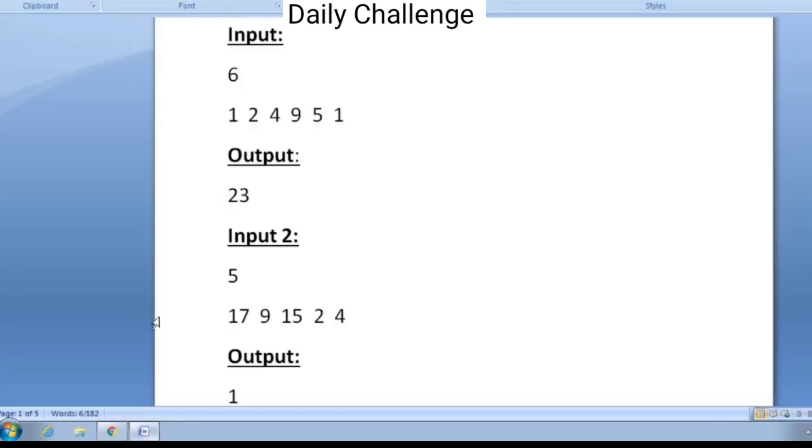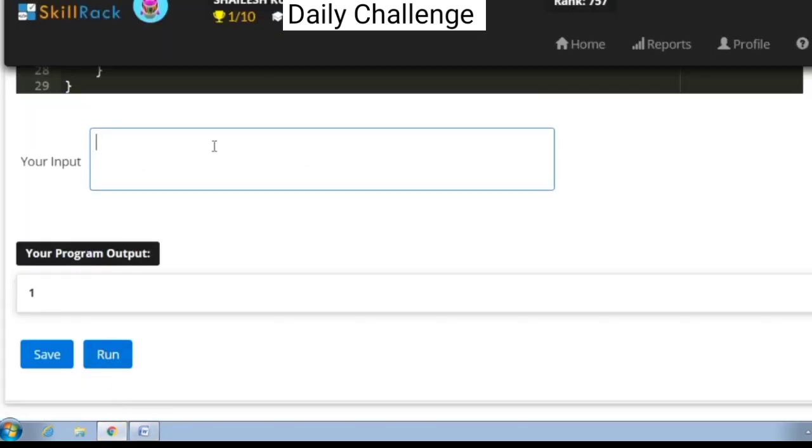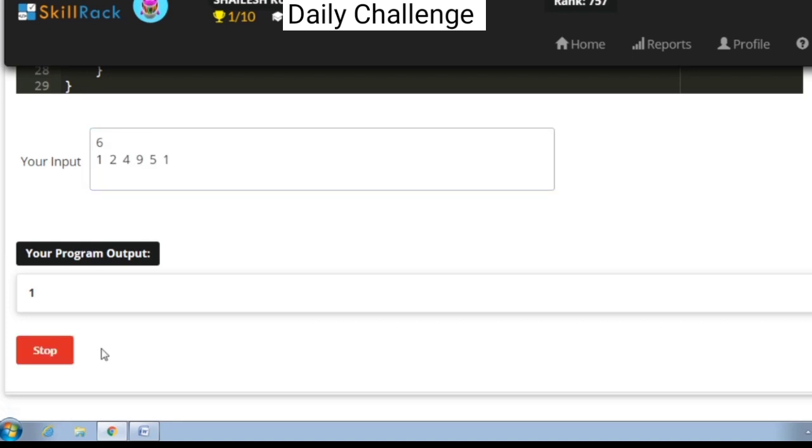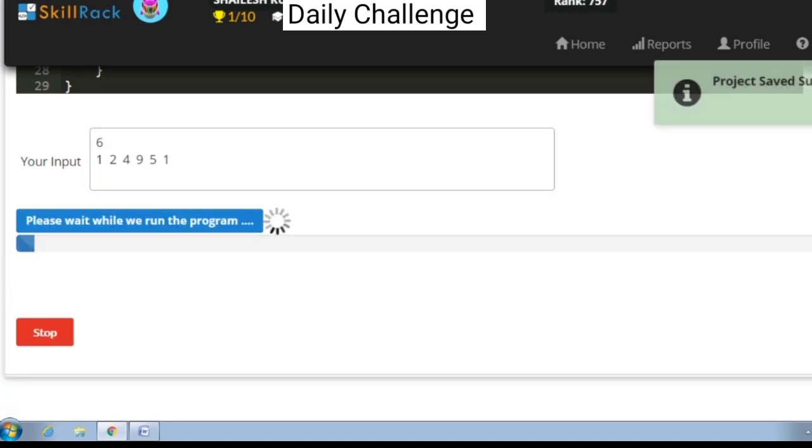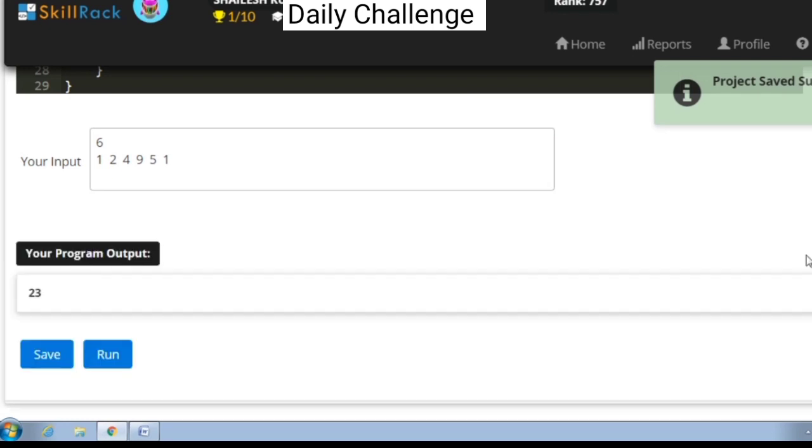So we are getting 1. Let us give the first one also, and for this the expected output is 23. And we are getting the value 23 as the output.